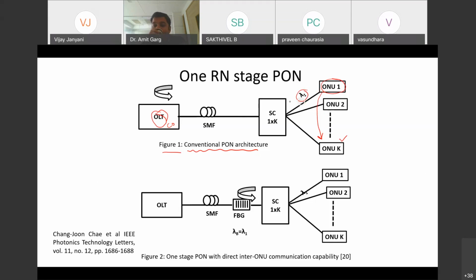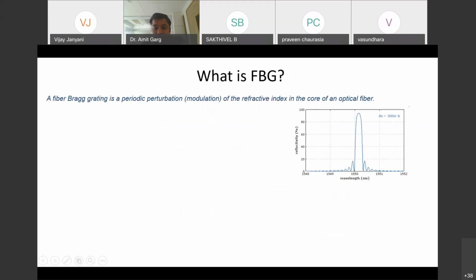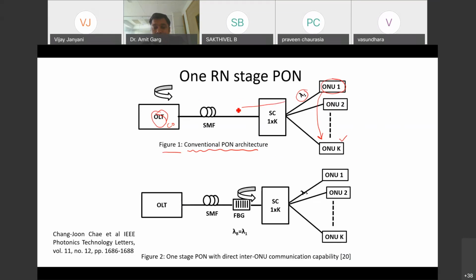Then it has to go through this splitter, go to this OLT, and from this OLT again it will come back, and then it is split by the splitter, and it goes to every ONU. And this ONU, because it is supposed to receive it, will be tuned to receive it. So that is the conventional PON architecture.